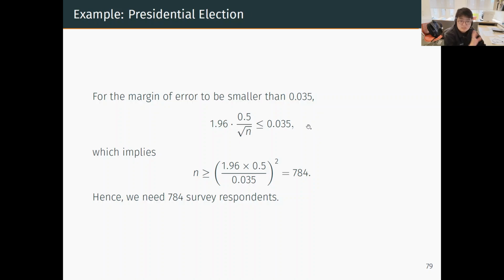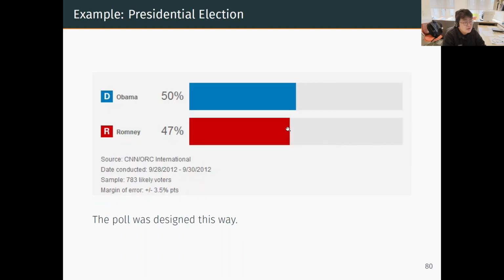And then move around the terms and you get this. So you need 784 observations to make the margin of error 3.5 percentage points. Okay, that is